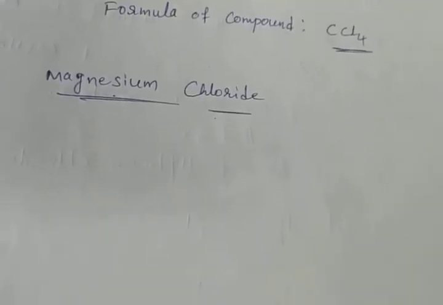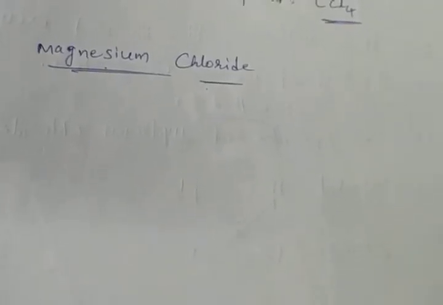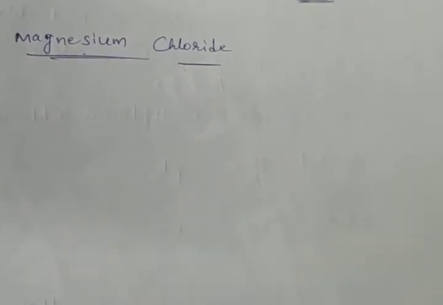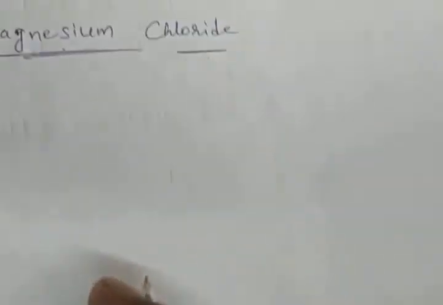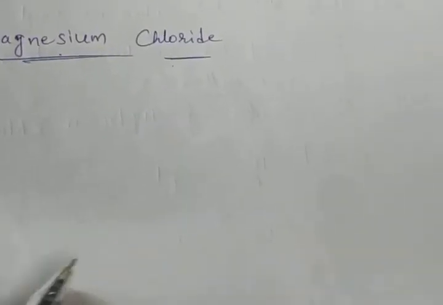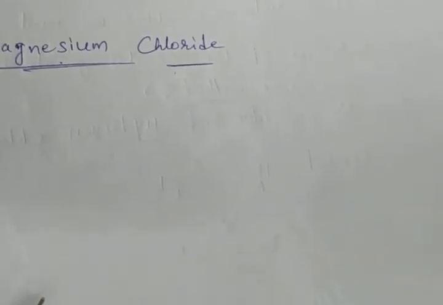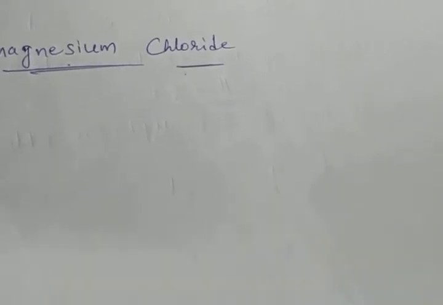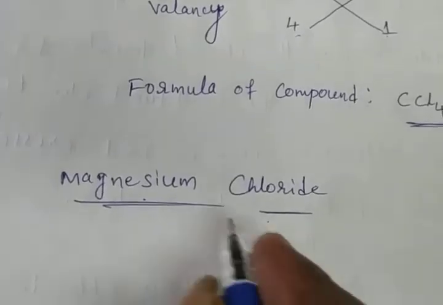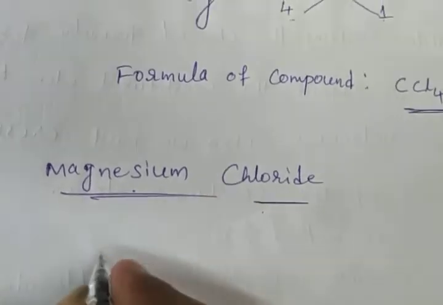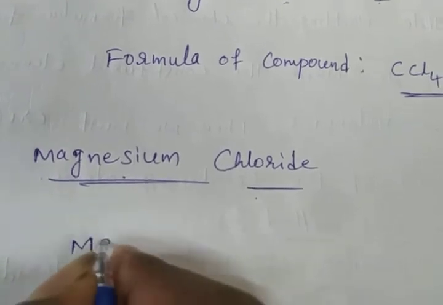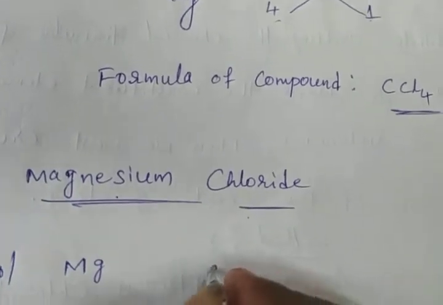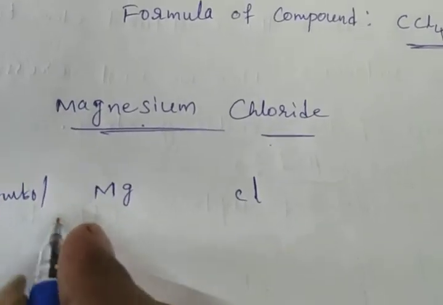First we have to discuss magnesium chloride. In the last class I gave it, and all of you sent the answer also. What is the formula of magnesium chloride? MgCl2. Here, based on the charge, I will discuss MgCl2. Valence is important and charge is also important. First rule: the valencies or charges on the ions must balance. Based on that rule, the symbol of magnesium is Mg, and chlorine is Cl, and then valency or charge.